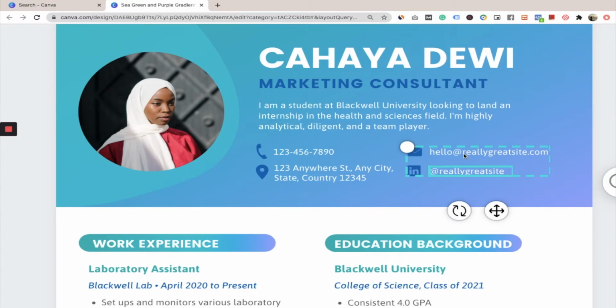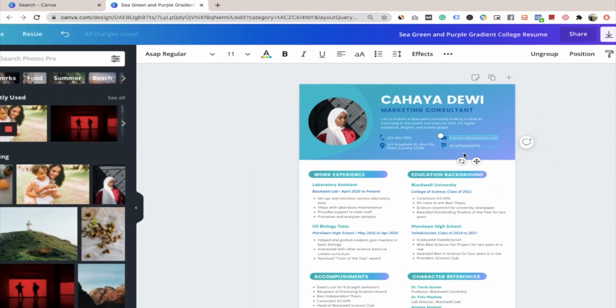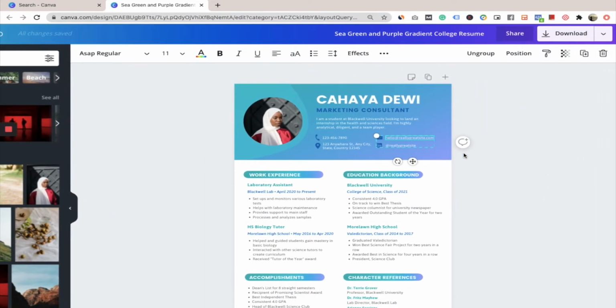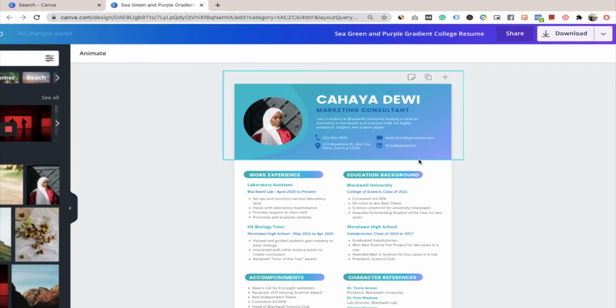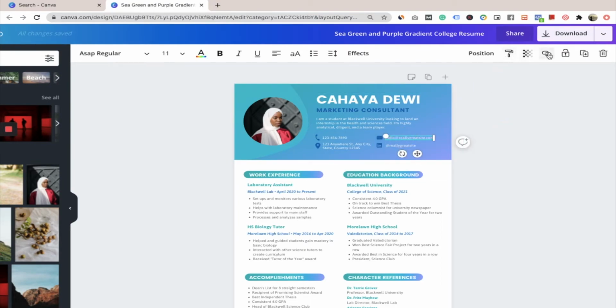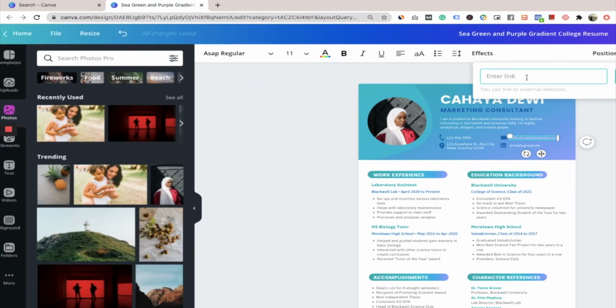Now I want to make it clickable in the PDF version, or when somebody is visiting my website, so they can just click over it. Once you click over it, at the left hand side you will see an option. Okay, let me quickly do that. You need to first ungroup this. Once I have ungrouped this, choose it, and you will find this option to add a link. You need to ungroup only where something has been grouped, otherwise you will be able to add it over here.